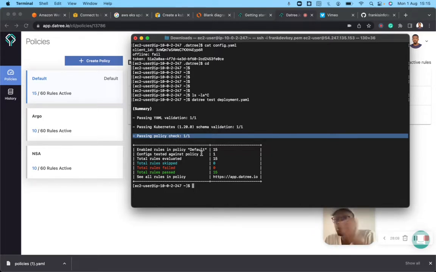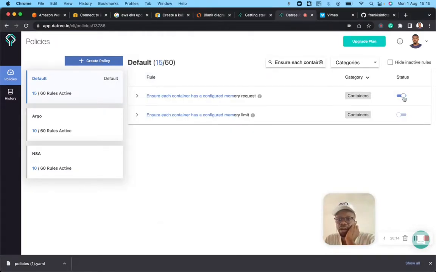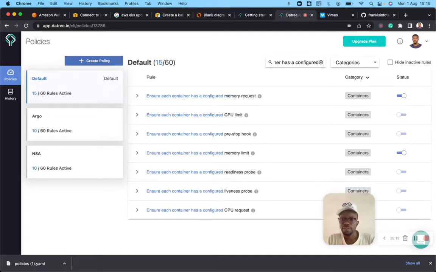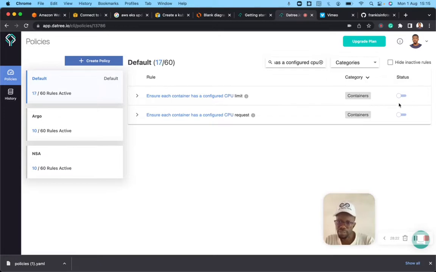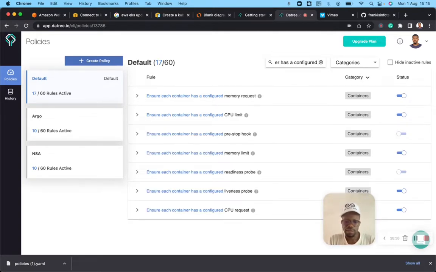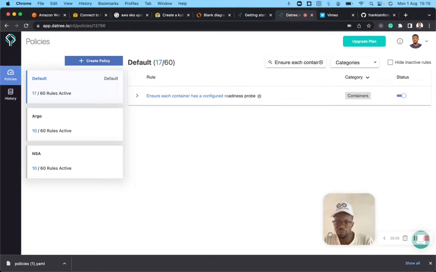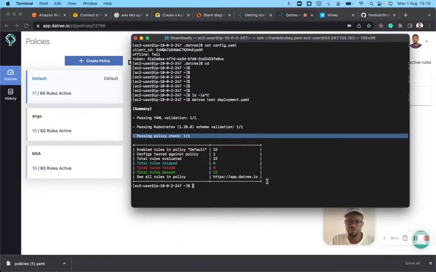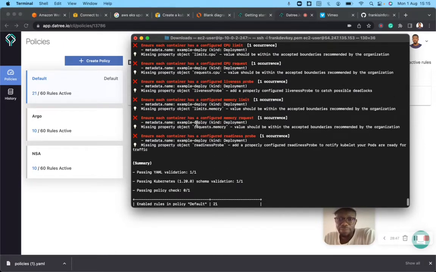All right. So let me put back on the rules. Memory is on. This is on. Let's go back. What else? CPU. CPU is on. These are on. Okay. Let me go back. What else? Liveness. Liveness is on. Let's go back. Readiness is on. Okay, so if I come back and run the same, this should fail, because on my deployment